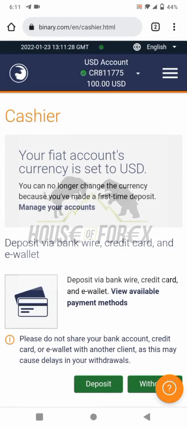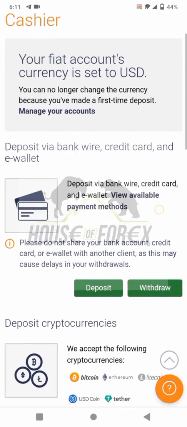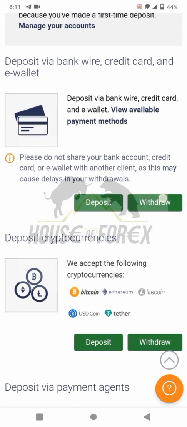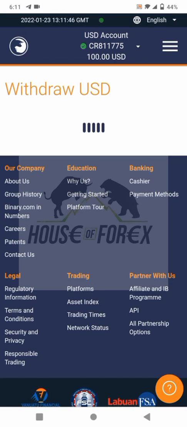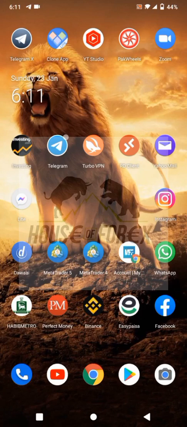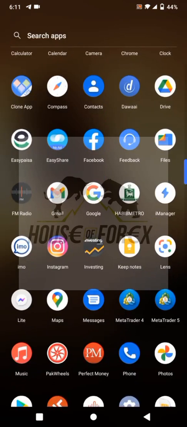So guys, here is my CR account. I just made a transfer from the MT5 account, $100. Okay, and let's click on withdraw and go for a withdraw. Just made a click on withdraw. I just sent an email. Let's go for email,